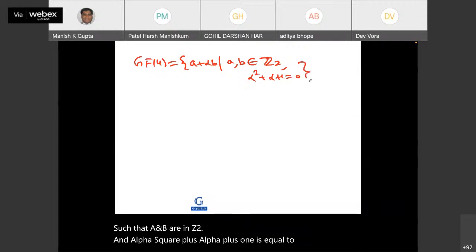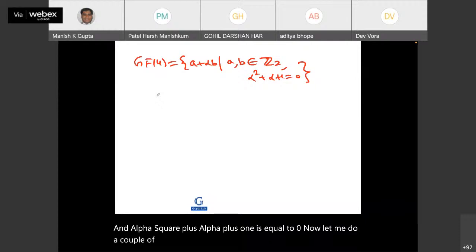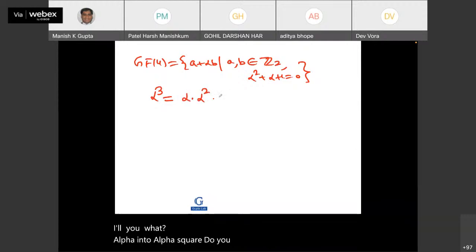Now let me do a couple of calculations for you first. What is alpha cube? Alpha cube is alpha into alpha square. Do you agree? This is the same thing as alpha times